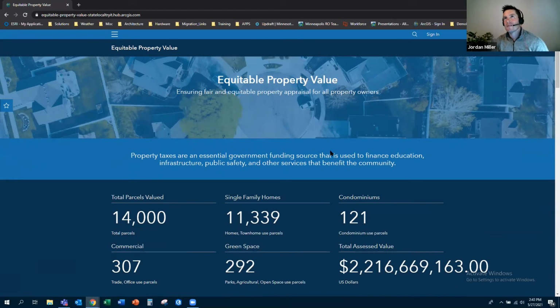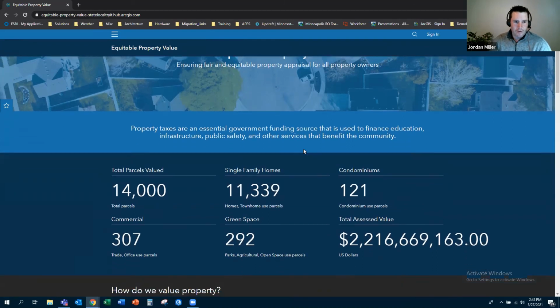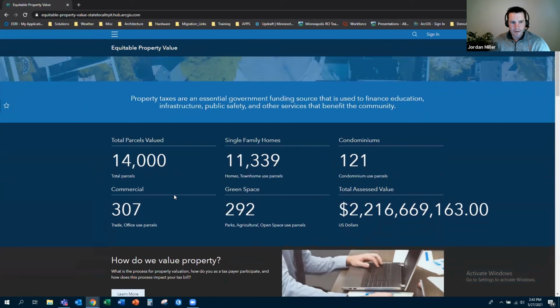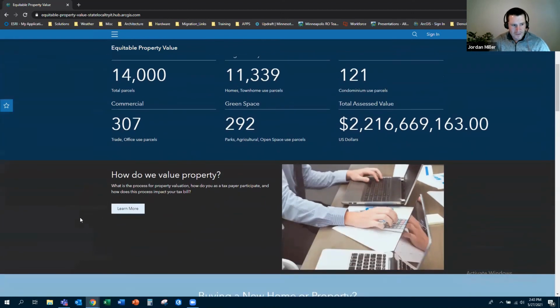With an initiative that's centered around knowing who somebody is, or being able to identify somebody as a volunteer, a community member, or just that nebulous general public that we typically associate with web traffic, we can cover those bases here. So with this hub initiative, we're going to see all the core information on how many parcels have been valued, single family homes, condos, green space, total assessed value of all that information on